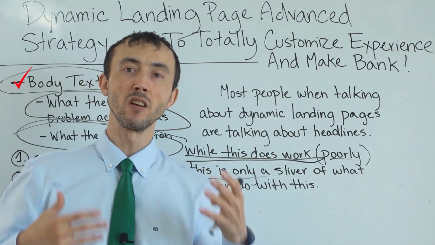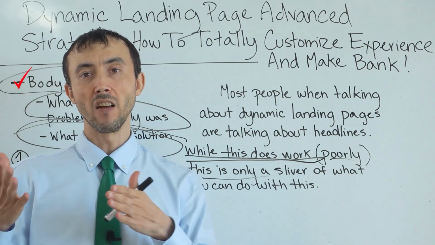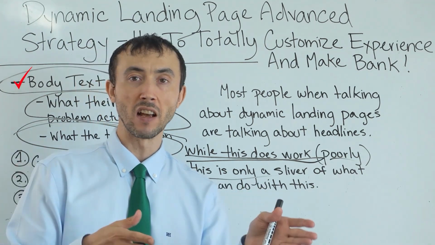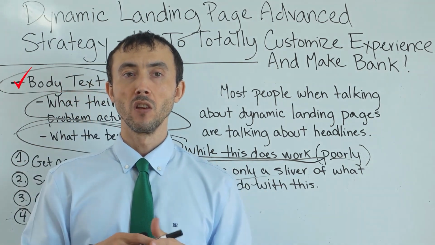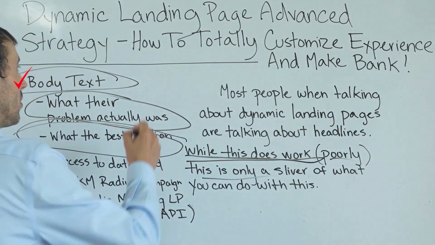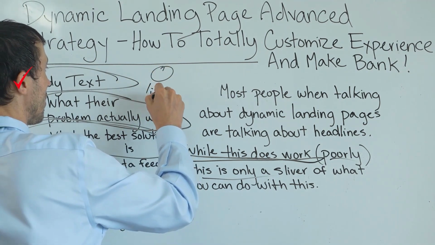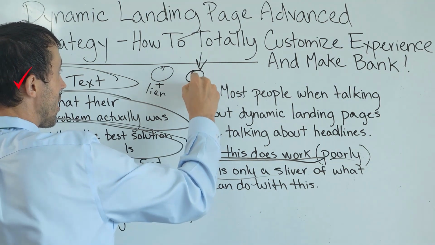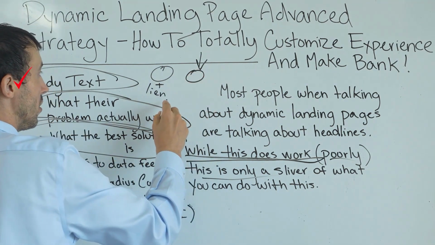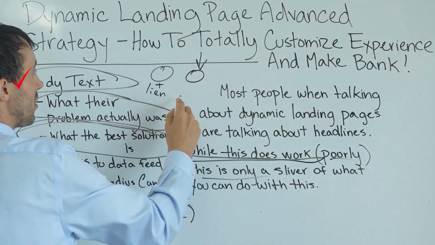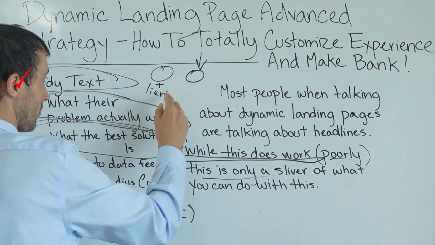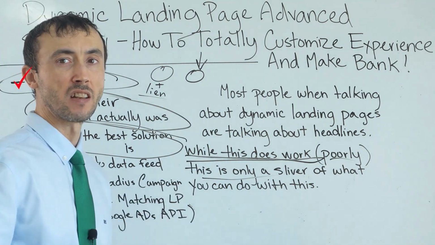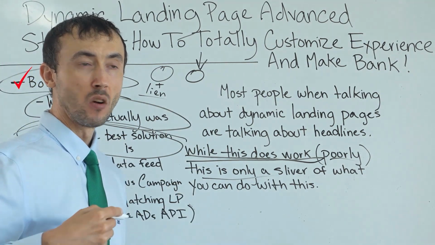Therefore, your landing page now can target them on that level, knowing why they're likely to have searched for a debt consolidation service. In other words, we know the person had a lien, right? We're going to target all the people searching for debt consolidation services on Google. But what we're ultimately doing here is we're targeting any people that have a lien that also search for debt consolidation services,